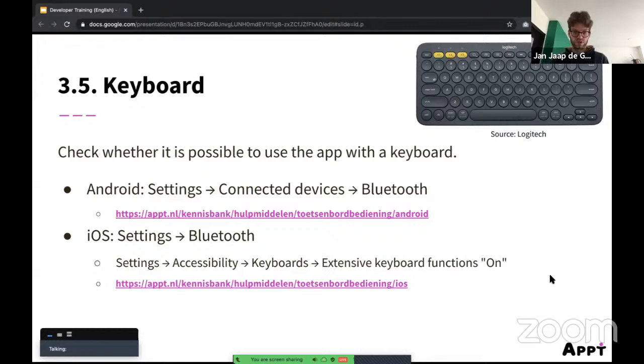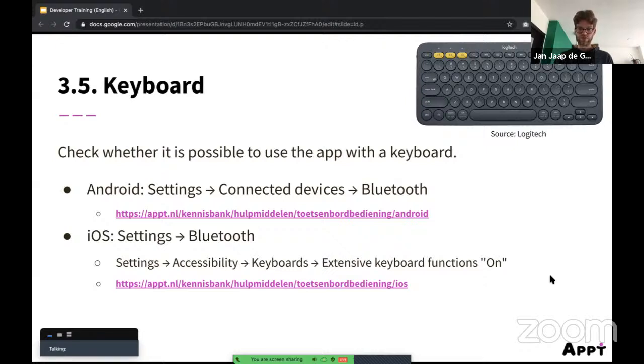So on Android, you can connect using Bluetooth or maybe also micro USB or USB-C. On iOS, the easiest way is also to use Bluetooth. But before you can use a keyboard to control your device, you need to make sure that you turn on the extensive keyboard functions. So if you go to Settings, Accessibility, Keyboards, you can turn on this feature. Otherwise, you're only able to type in input fields.